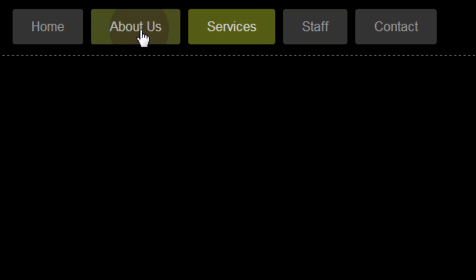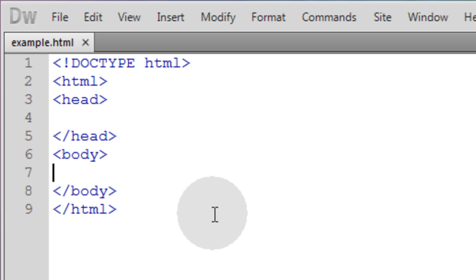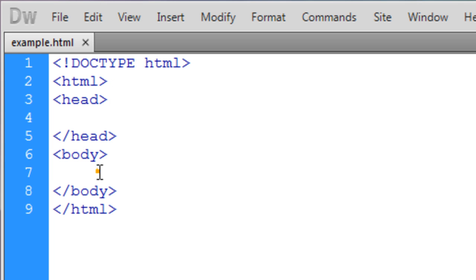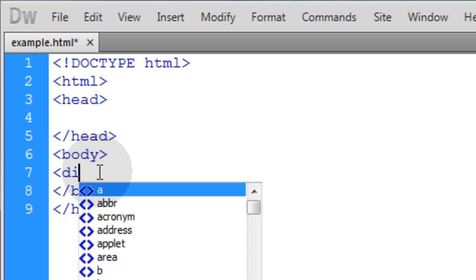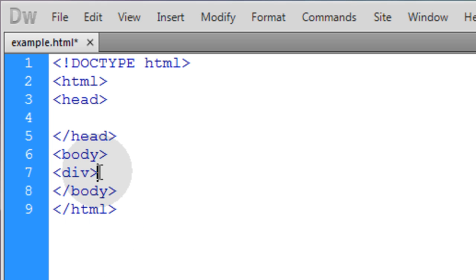Okay, so it's a very simple way to achieve on rollover and on rollout event animations. Okay, let's start with the bare bones of an HTML5 web document, and I have mine named example.html, and you can name yours whatever you like. Now inside the body element, I'm going to create a new div, and actually in HTML5